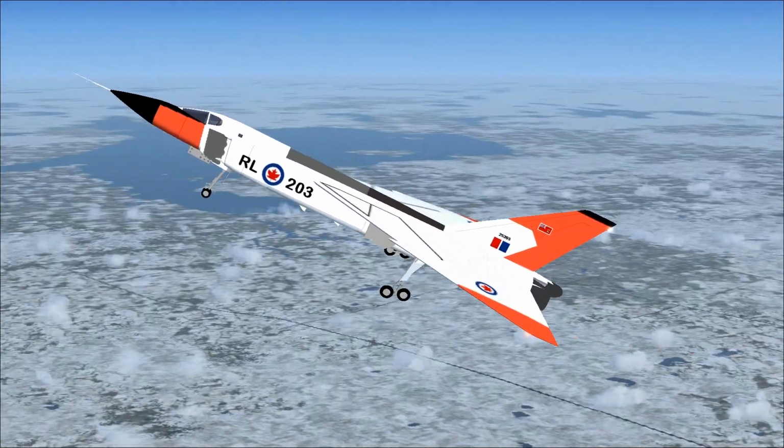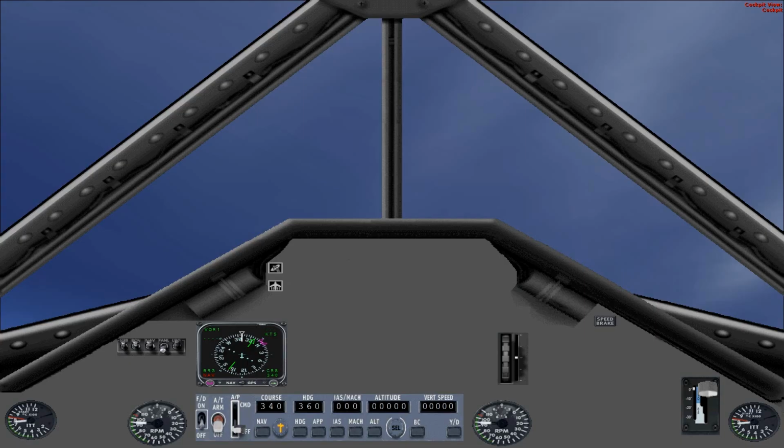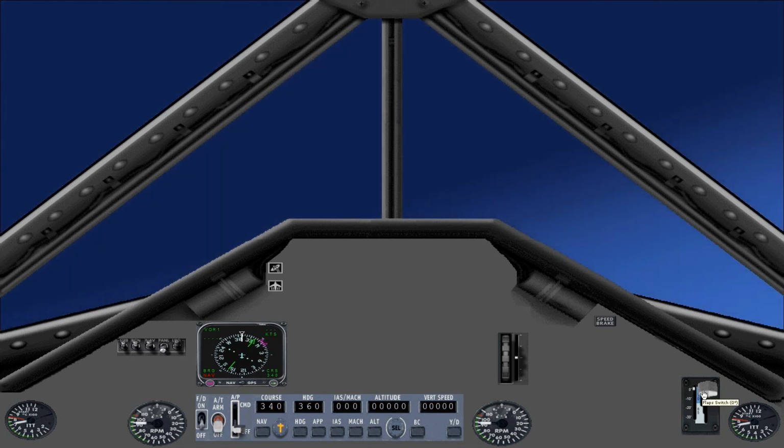What's that do? I don't know what that does. Oh, there's a nice view. Look at that. Nice contrail. Too bad the gears are out. That's annoying. Okay, so there's a problem right there. But the sound of those engines. What's this over here? Flap switch. Yeah,